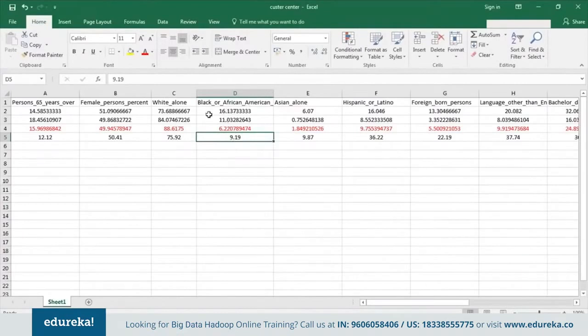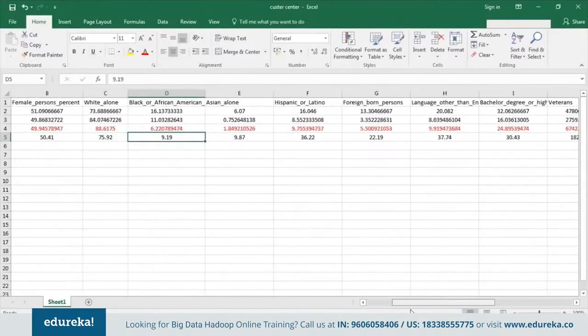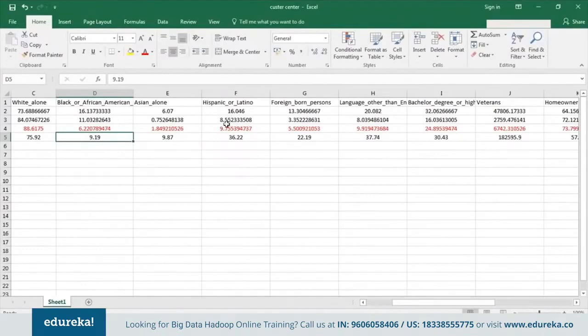well, again, it is not much of a difference, but if you see here that it's 9 and it's going to 16. So you can do a more detailed analysis on Black or African American. So if you want to know the real support of Black or African American, and you want to see what was their voting pattern, or how popular was Hillary Clinton among them, so maybe this could be a good field to analyze because you see the variations in the number. Similarly, you can check out other features, and you can check out here at 16, 8, 9, and 36. So maybe, again, Hispanic or Latino field, and you should do some more analysis on it.